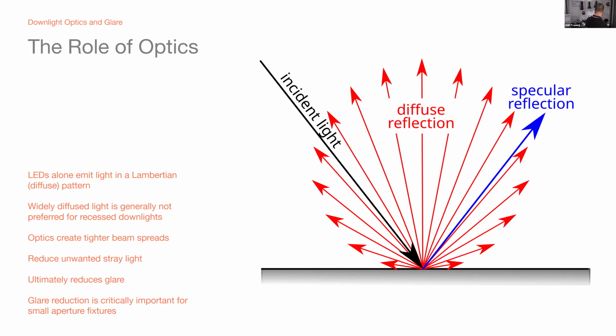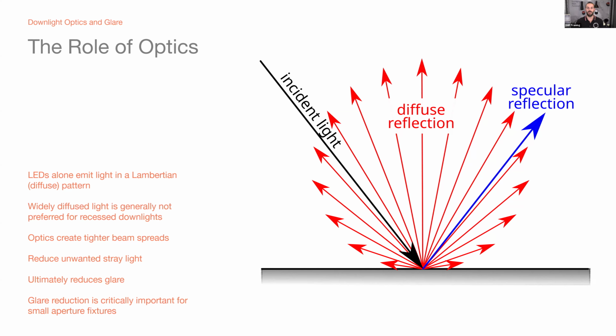I have a fixture here without any optic in front of it at all. And you can see as we turn it on, there really is no direction or place that the light won't go. Its only real limit is the cutoff of the edge of the fixture that it is sitting within. But when it doesn't have anything in front of it, that light doesn't have a lot of means of control. It spreads out in all sorts of directions. So that's generally not the most advantageous